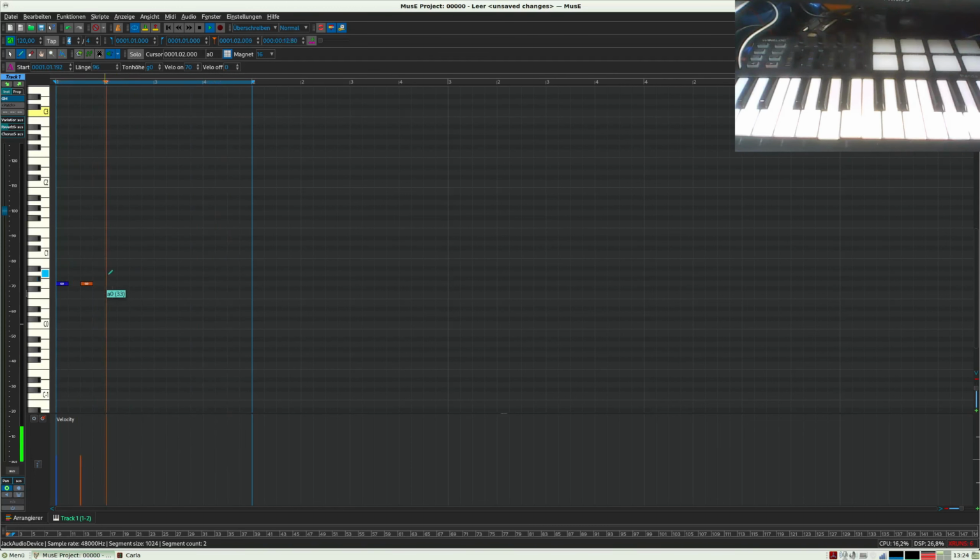But we have a G here, not an A, so I select it and move them to the A. Next one should be the C. You see, this is not working because the envelope generator cannot follow this, so we have to use this note. But I can put this to here.